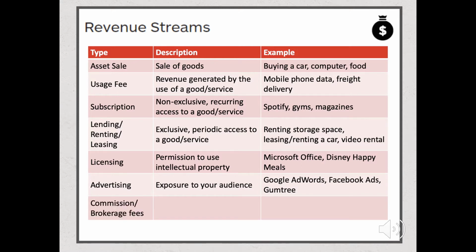And finally, we have commission or brokerage fees. This is where you are charging based on being an intermediary between two parties. This might be the case that you can think of for credit card companies, for booking sites, so things like Webjet or Trivago, things like Airbnb or Uber make a commission based on the actual sale of goods between two